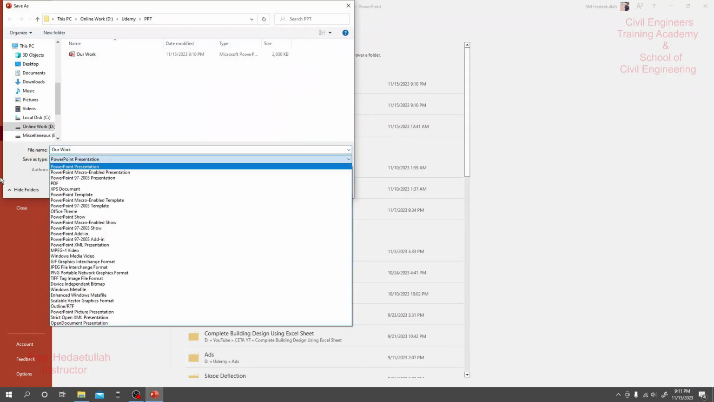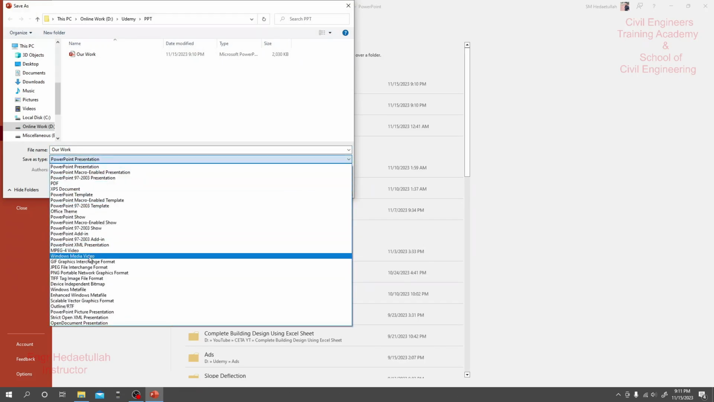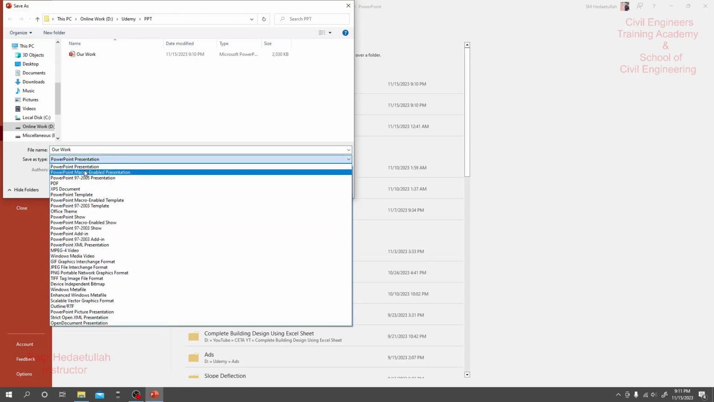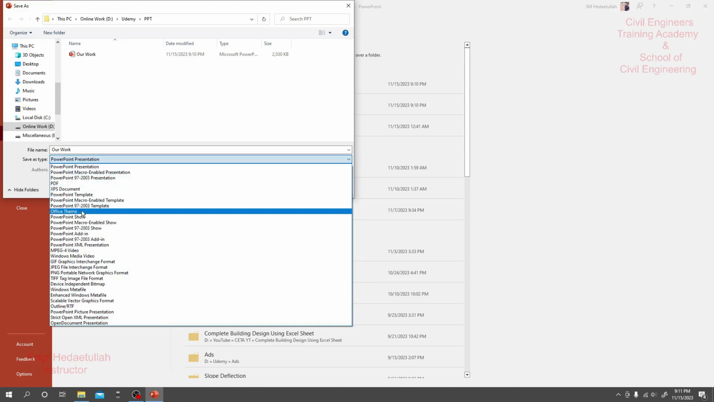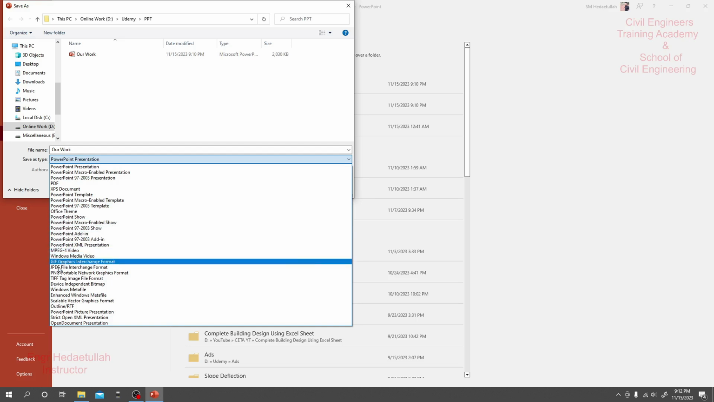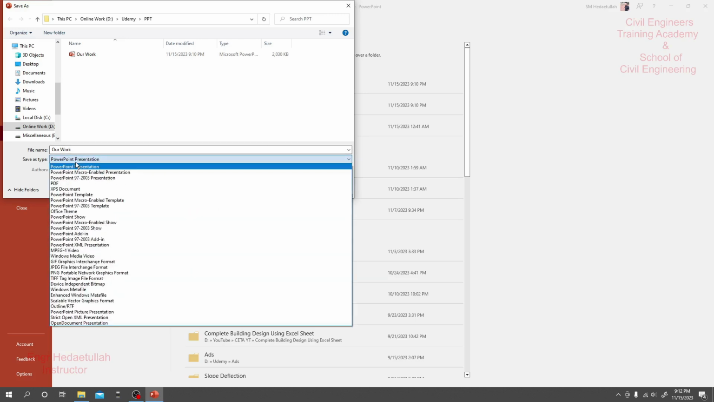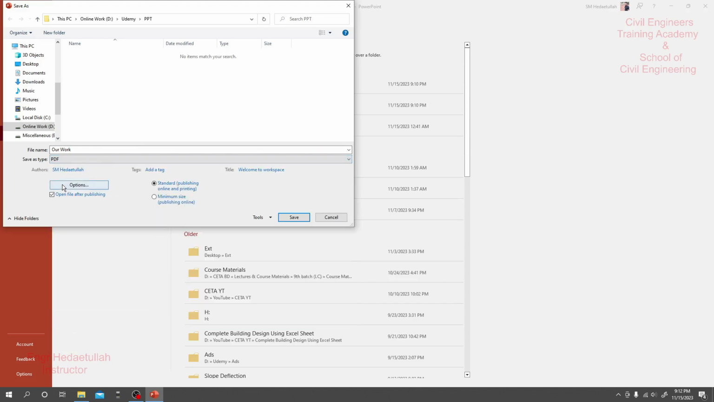And if you click here, save as type, they have many options. Just see, they have Microsoft PowerPoint, then PDF, then Office theme, PowerPoint show. They have many options available to save it. Then video format, then JPG or image format, PNG format, you can save it in any possible format. So if I click here for PDF, and if I click save,